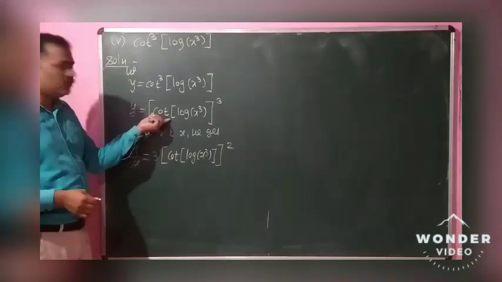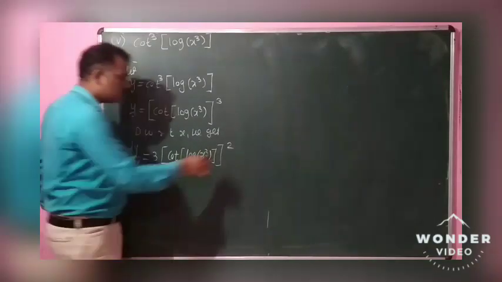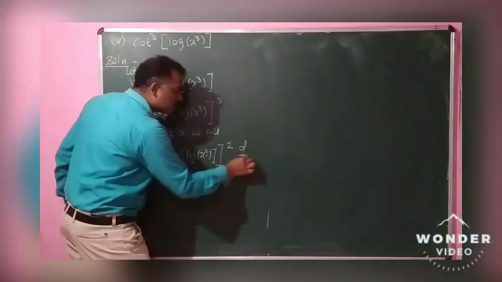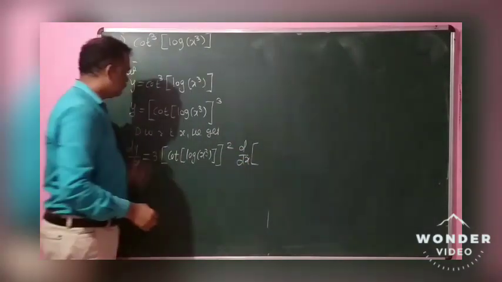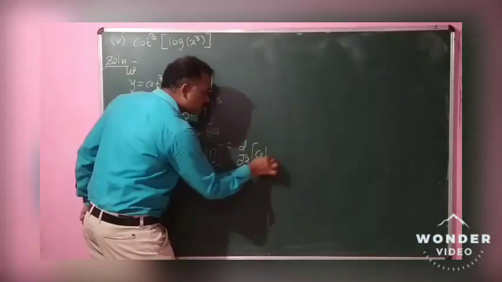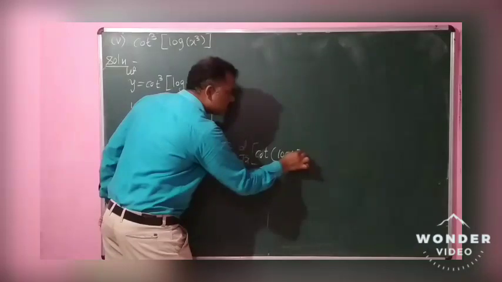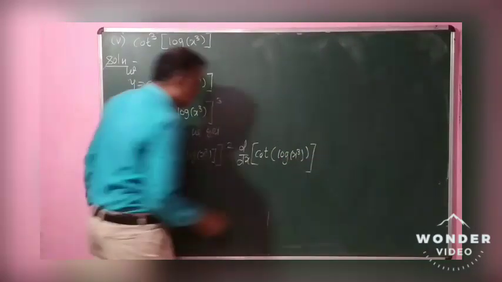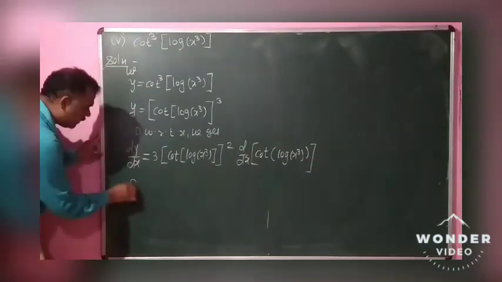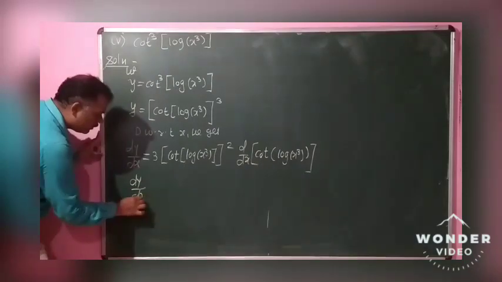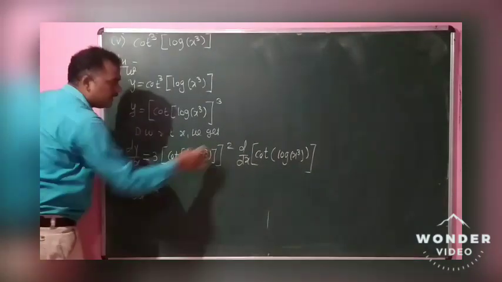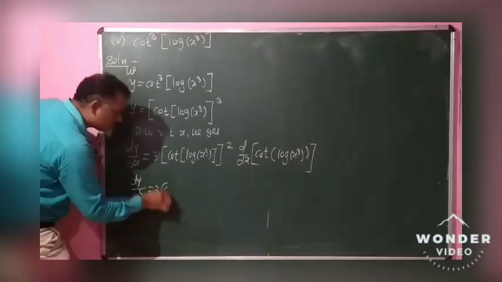Now we have to take the derivative of this cot with respect to x, that is d dx of cot of log of x cube. Now dy by dx is equal to 3 times bracket raised to 2, it is nothing but cot square